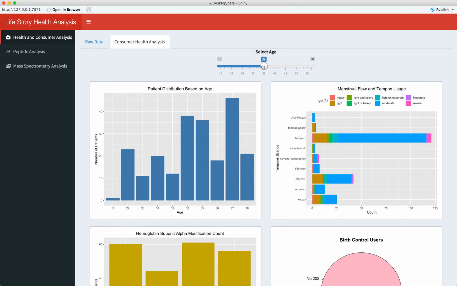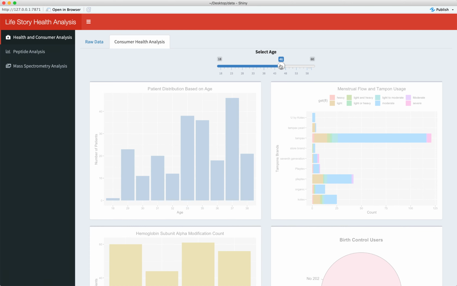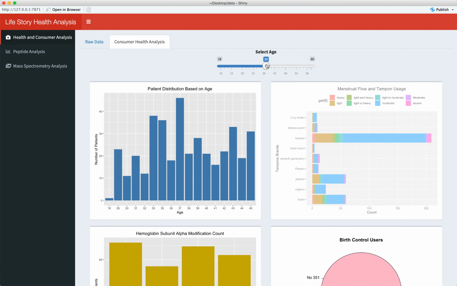Once selected, various summary statistics are displayed based on the aggregate patient data. For example, if I change the range, all plots change.